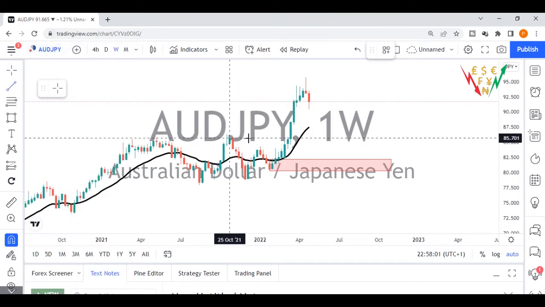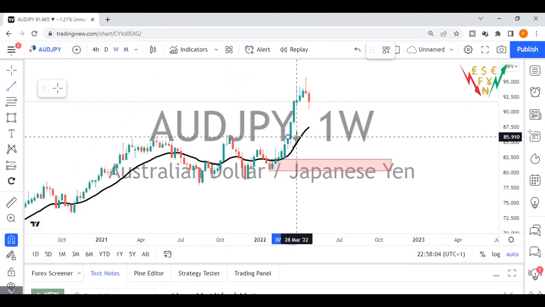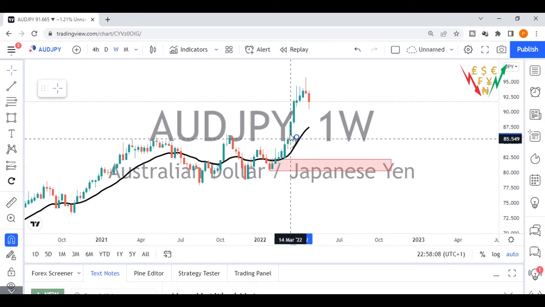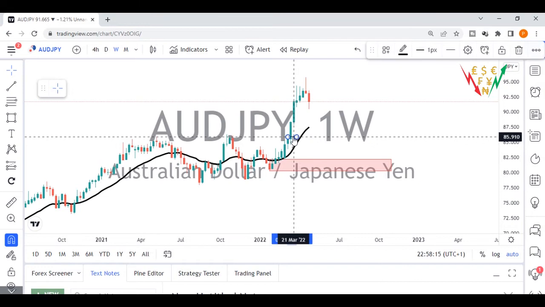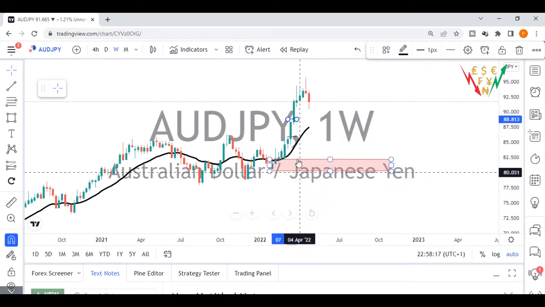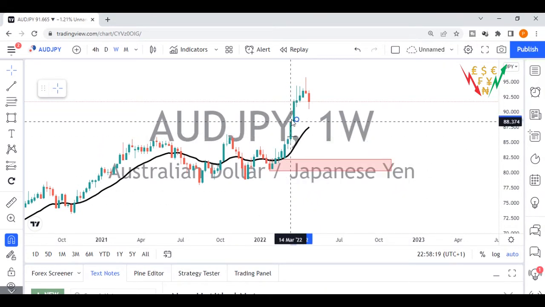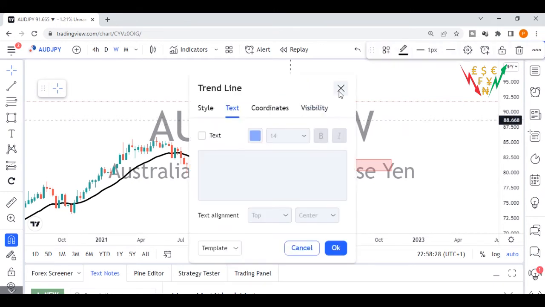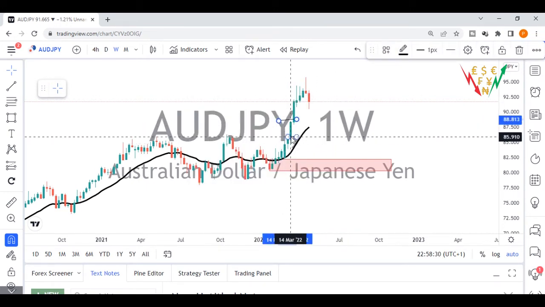Okay, so we can see the price at this level. Sorry, I can't use this tool very well, it's kind of tricky. Okay, so at this level, guys, we can see that the market wasn't filled. Okay, just know that at this level here, the market got up here, and